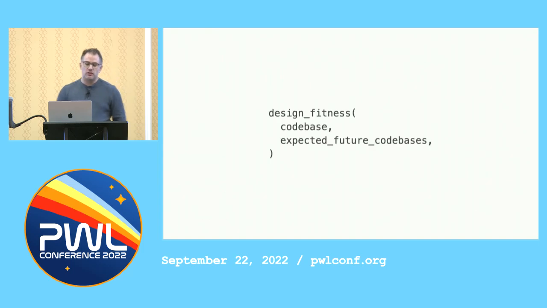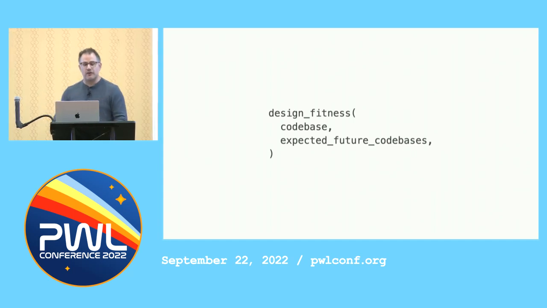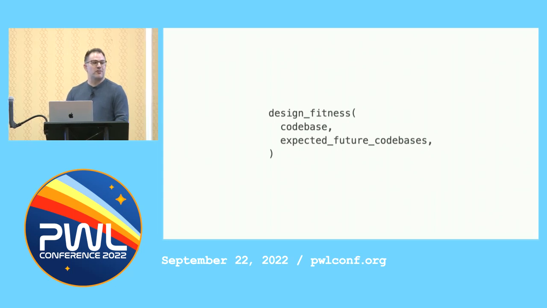I want to judge the code base against what we expect that code base may become. And the neat trick here is this does actually wrap up all the other things, because our expectations for the future are shaped by all of these other forces, both the needs of the user and the needs of the organization. And so this is actually a path towards a descriptive model, if we can figure out how to talk about the possible futures of our code.